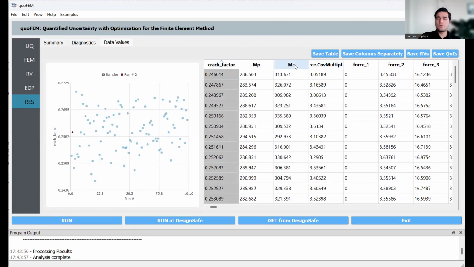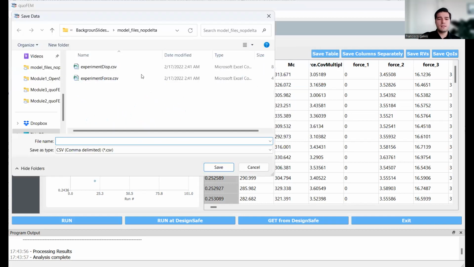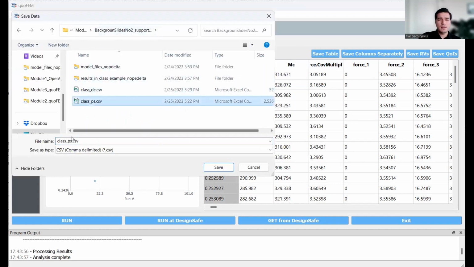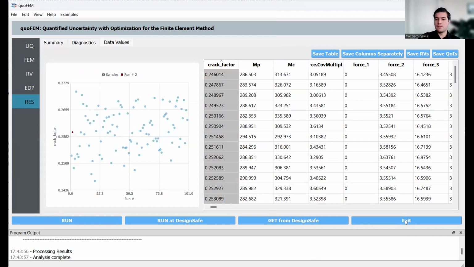We can again save these results as a table. We have saved it here in class, so we call it class page saved. And it's done. And that gives us all of the inputs to use our